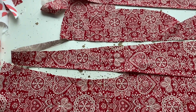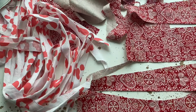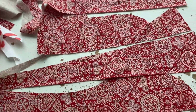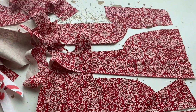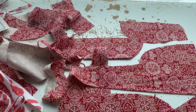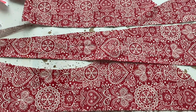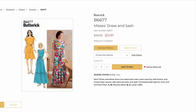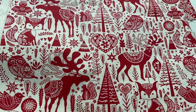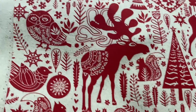And this is literally all the bits that I have left. So yeah, I think if I used a smaller sleeve pattern and didn't have any sleeve facing, just sort of turned up the bottom of the hem of the cuff twice and just hand stitch it down, then I would have enough to do a couple of other things, like make the skirt slightly longer, and use bias binding from the actual